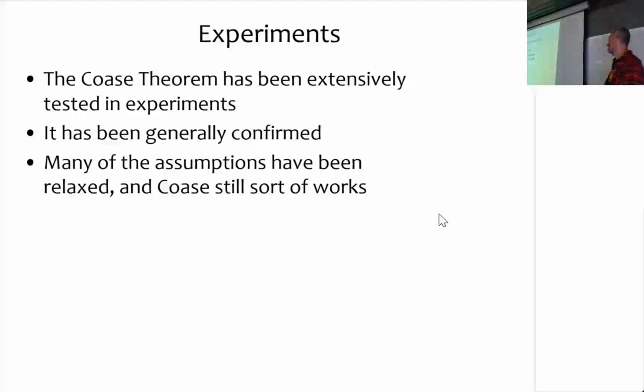And the first bit that people try to do and have been doing for a couple of decades now is put people, typically students, in the lab and let them play Coase, right? And see whether they can actually work this out. And what these experiments have found is that if you let people in the lab play these bargaining games under the strict assumptions that Coase has, rather the people who formalize the Coase theorem, under these strict assumptions, it is confirmed